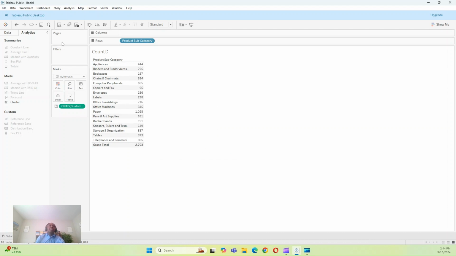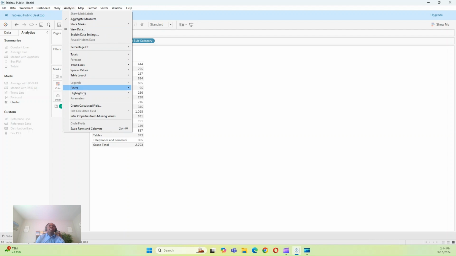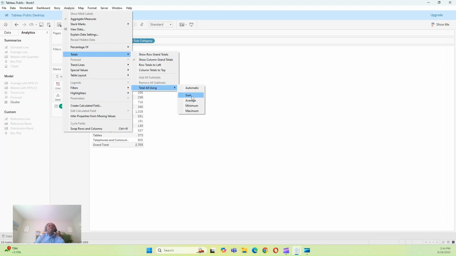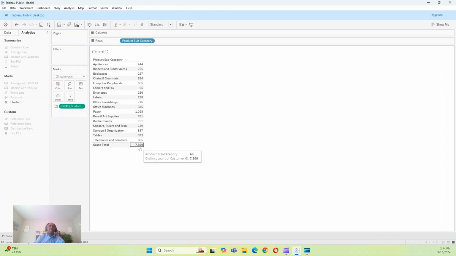So to solve that, you go on Analysis, you go on Totals, Total using Sum. It increases the number because it gives you the total of these numbers up here. So whenever you're dealing with count distinct, always make sure that the results are displaying as you expect them. The second one is